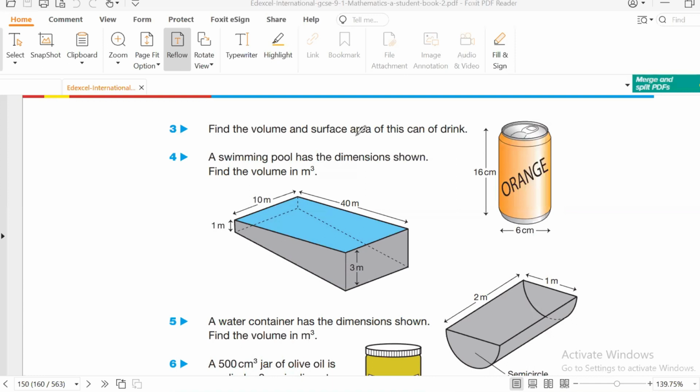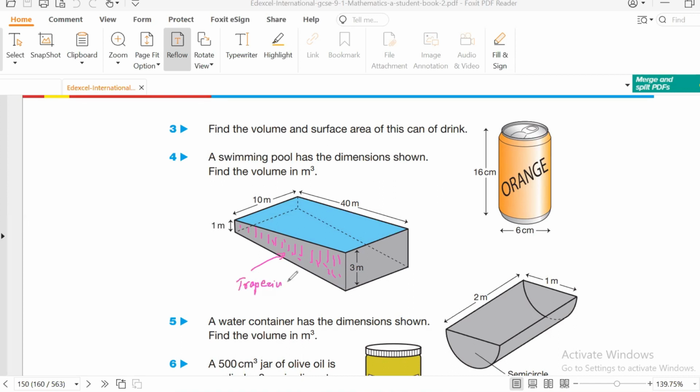Yes, viewers, now we will move on to question number 4. In this question, a swimming pool has the dimensions shown. Find the volume in meter cube. So I will consider the front part, like this part, as the cross-sectional area. This part shows a trapezium,